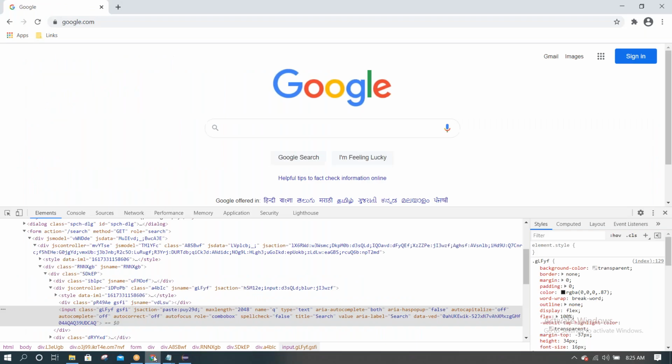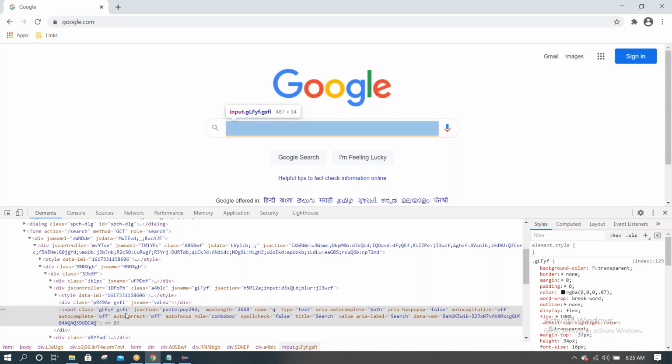Okay, so here let's say name equal to q is there. How to write XPath here? These are all the attributes. You can see input is the tag name, class is one attribute, jsaction is one attribute, maxlength, name, type, aria-autocomplete. These are all the attributes. From the HTML language point of view, we say these are attributes.